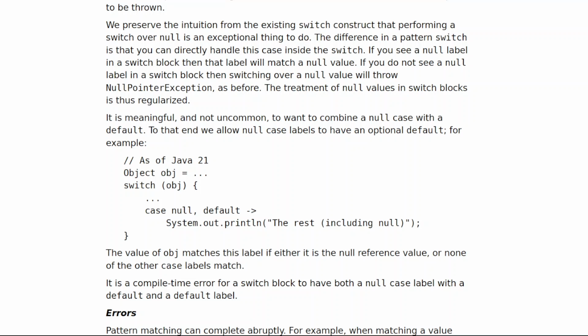It is meaningful, and not uncommon, to want to combine a null case with a default. To that end, we allow null case labels to have an optional default, for example, as of Java 21: Object obj = switch (obj) { case null, default -> System.out.println("The rest, including null"); }